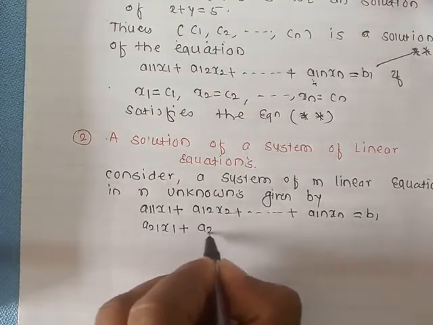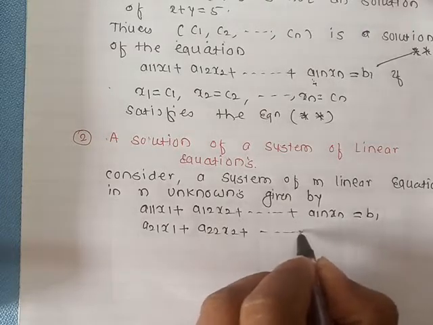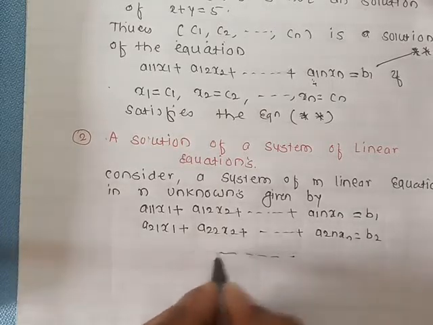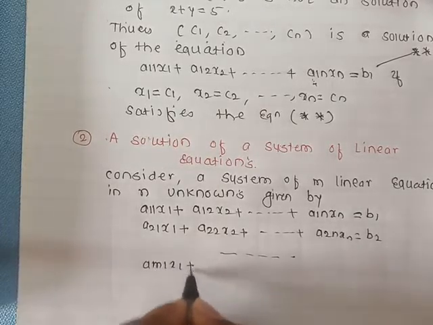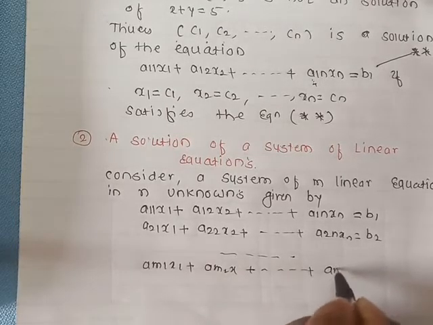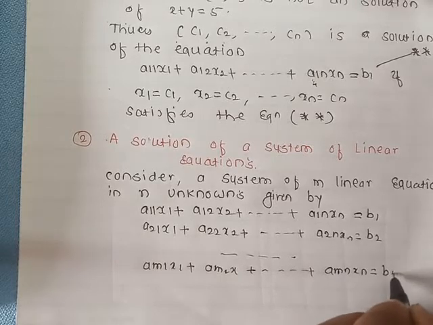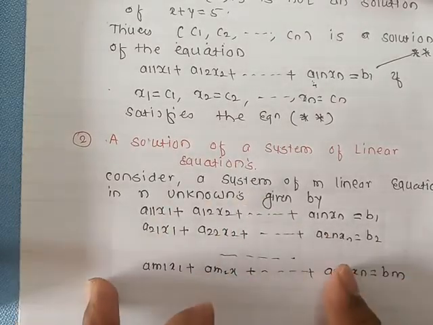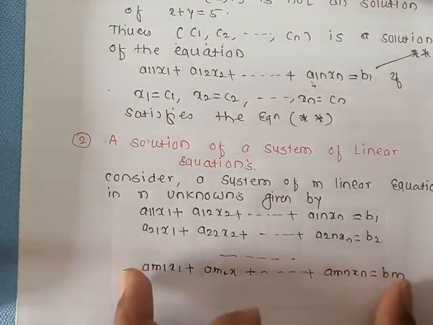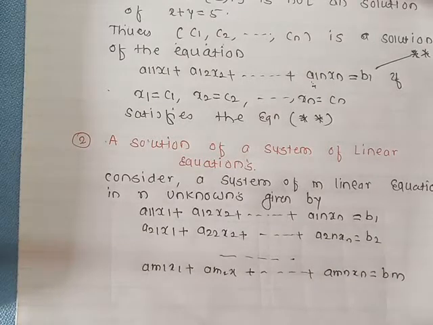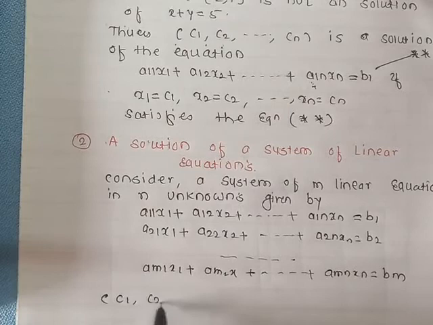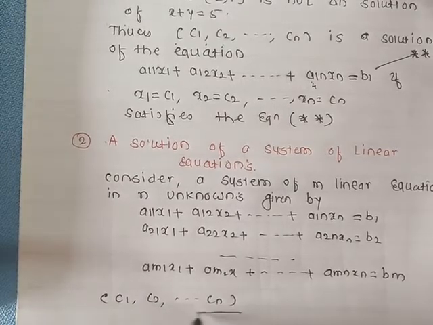a21x1 plus a22x2 plus up to so on a2nxn is equal to b2. And similarly we have am1x1 plus am2x2 plus up to so on amnxn is equal to bm. This is the system of equations in n variables, and how many equations are there? m equations in n unknowns, and the tuple c1, c2 and so on cn is called